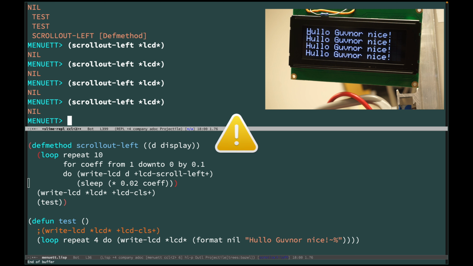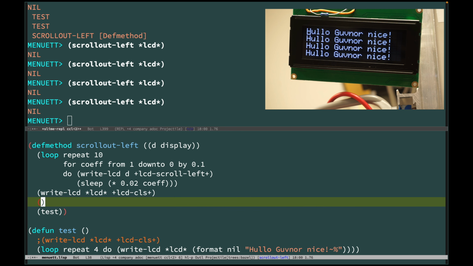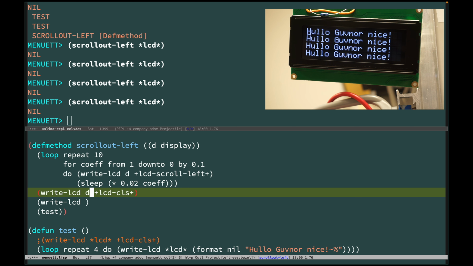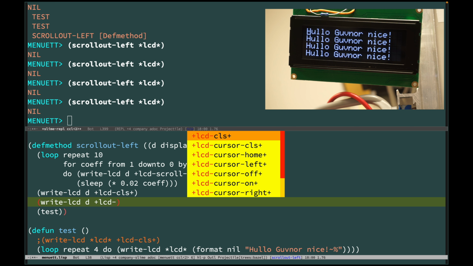We remove all that, and after clear screen we write LCD